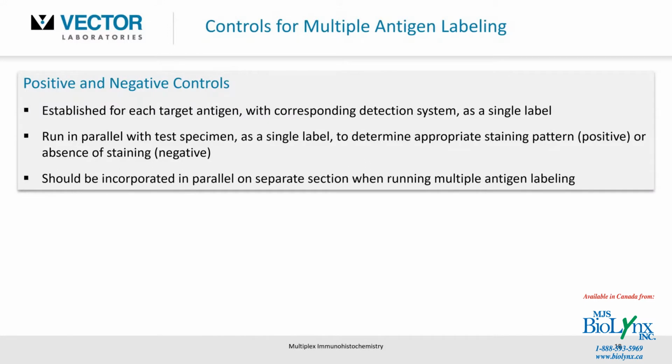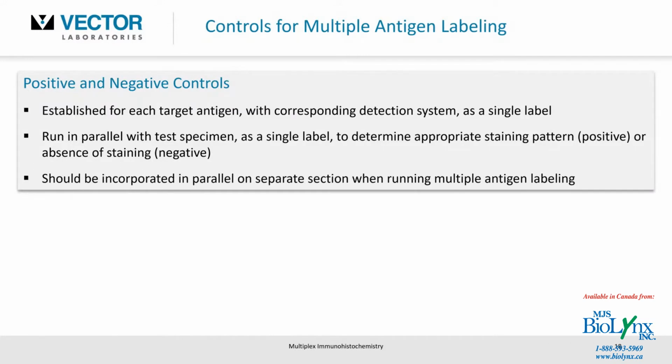Run them in parallel also as single labels, to determine the appropriate staining patterns you're getting, both for the positive control, yes, those cells are positive, and then compare that with your unknown or test specimen, and have a look also at the absence of staining with the negative controls too. And these should also be incorporated in parallel when you do the staining in your multiple antigen labeling, because if anything